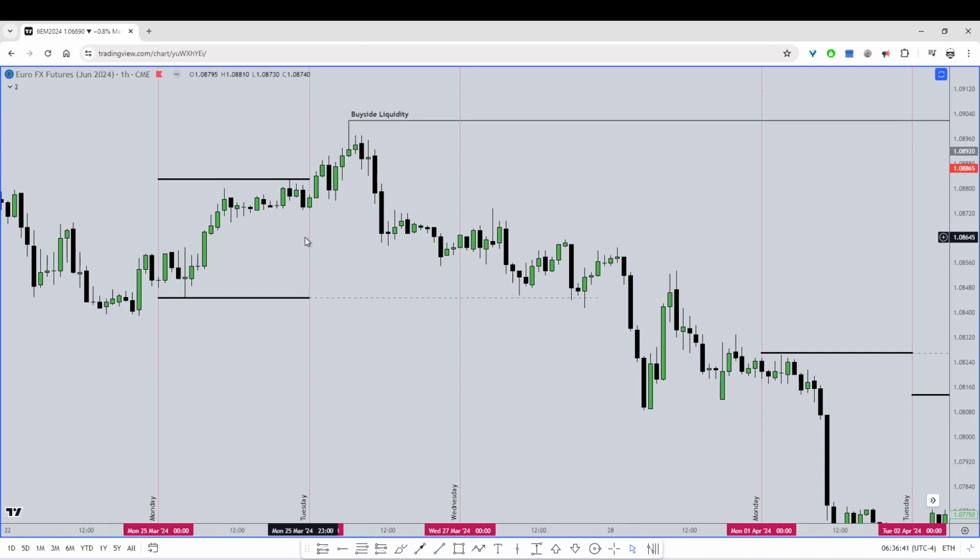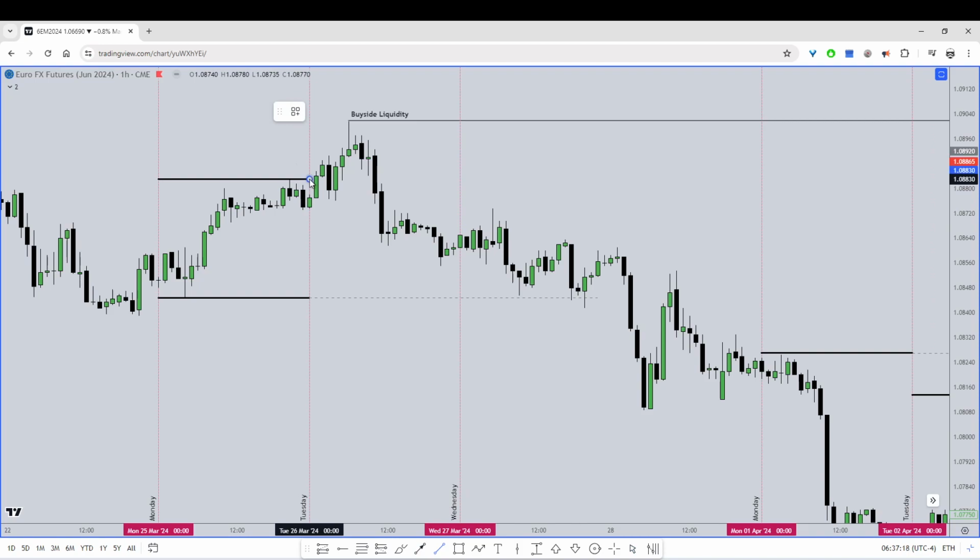Using that Monday range to frame the weekly profile is absolutely a killer tool to help with framing the week. So even if you're feeling confused, I highly recommend zooming out, going on the hourly chart, framing up Monday, and looking at how price is using Monday's range. If it's not running away from Monday's high or running away from Monday's low, there's a chance it's going to revisit it somehow, whether to take or complete a run or